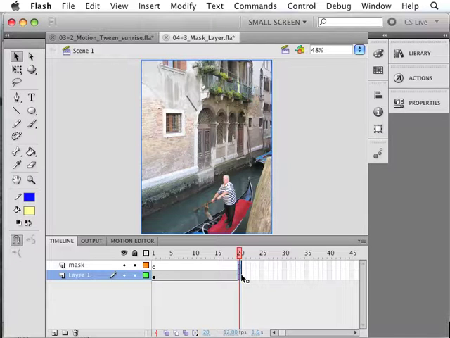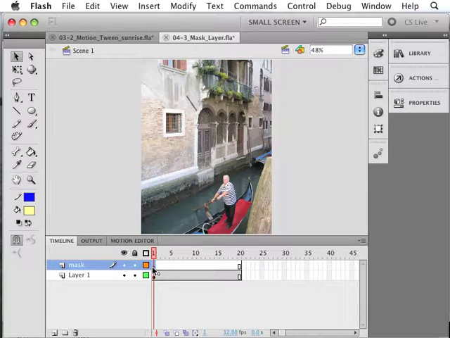Now I'm going to go back to my mask layer to frame 1 and highlight it. And I'll draw an oval. I'll draw a circle in here which will ultimately be the mask. So it's going to look like a searchlight, if you will, or a spy looking through a lens, and we'll not only create a mask, but we'll also animate it. So I'll start by creating the oval,